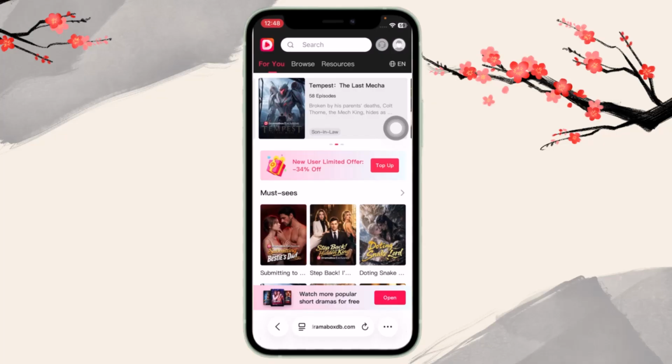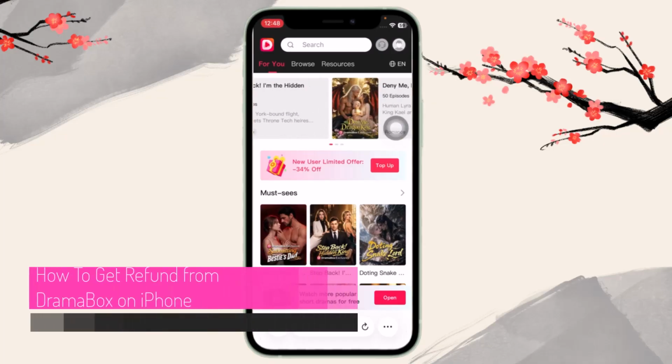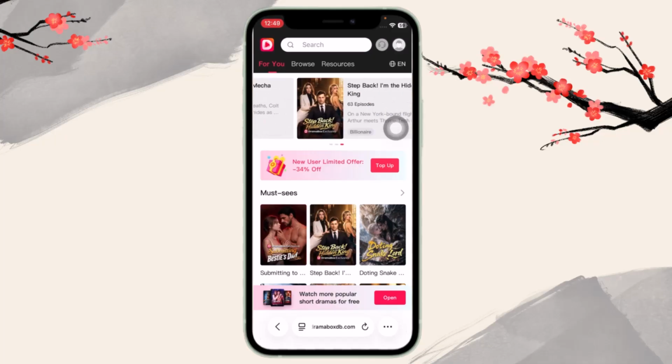So in today's video, I'll show you how to request a refund for a DramaBox purchase on iPhone. If you've accidentally purchased coins or a subscription through the DramaBox app, then the refund process depends on how the payment was made. If the purchase was billed through Apple's App Store, then you'll need to request the refund